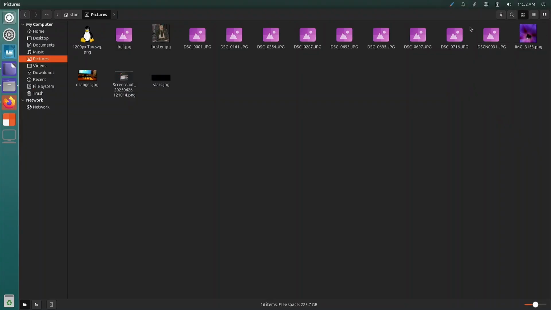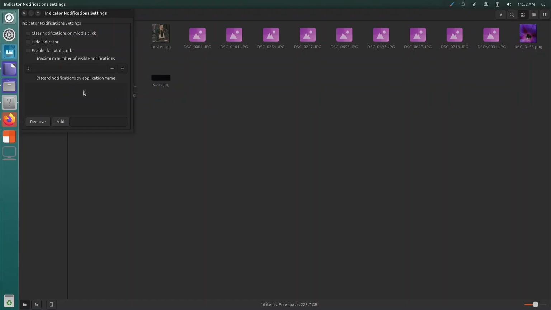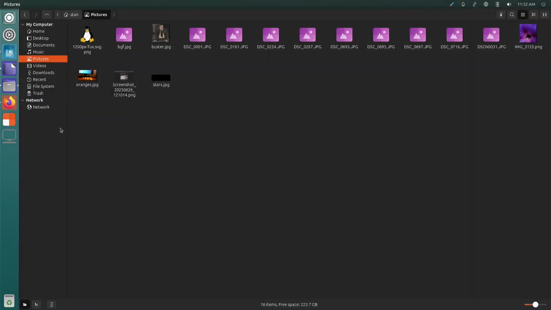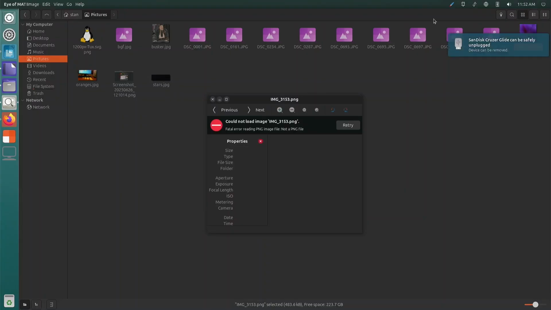Oh wait, settings. Okay. Let's try that again. Maybe, and then eject. Can I middle click? No, it just goes through.